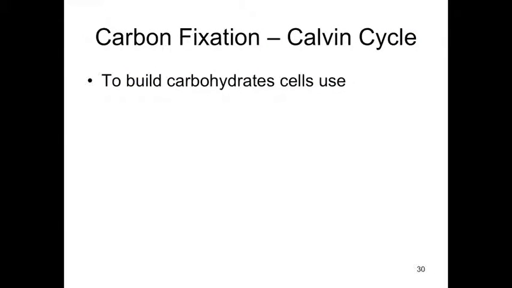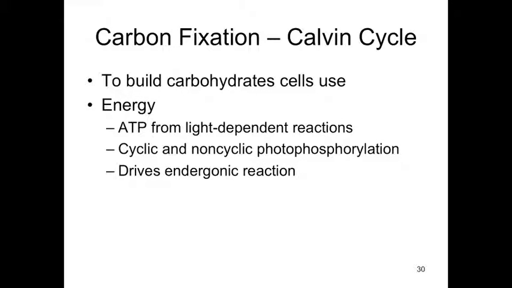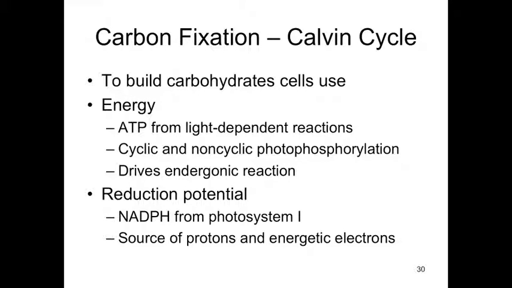So the light-independent reactions are where we see the carbon fixation, and carbon fixation occurs in the Calvin cycle. By fixing CO2 molecules, we're able to build carbohydrates that cells can then use as fuel. The energy is derived from the light-dependent reactions in the form of ATP through both cyclic and non-cyclic photophosphorylation. This energy that's captured from the sun is the energy that's going to drive the endergonic reaction of generating these